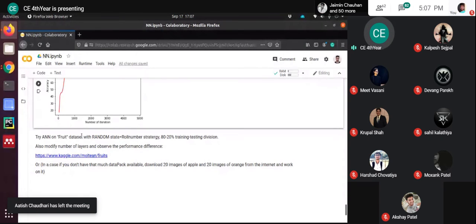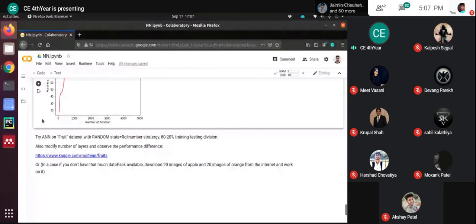If you do not have the data, but if you have the data, you must go with this Kaggle set. I will not verify your performance on that parameter, whether you consider this Kaggle dataset or your own dataset. It might be possible that some of you may not have that much data available. But this random state, as well as how much processing you have done, whether you have created 2 or 3 models and whether you compared them or not, based on that the performance of this lab